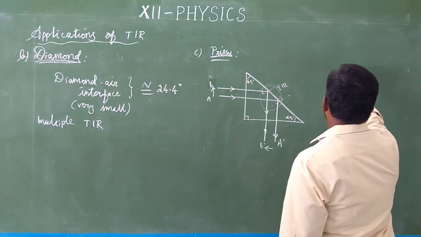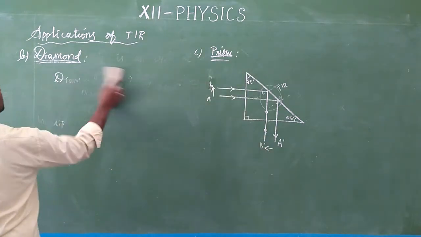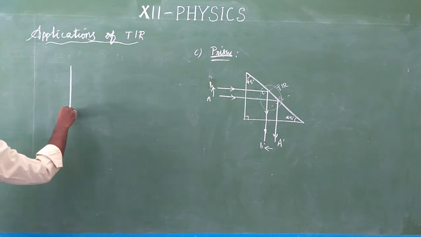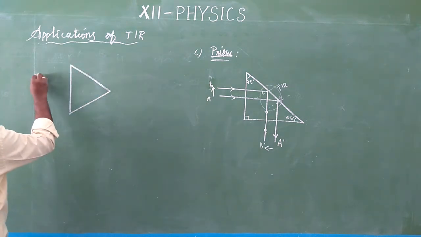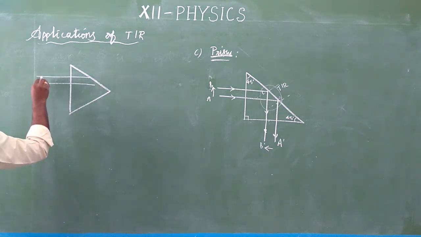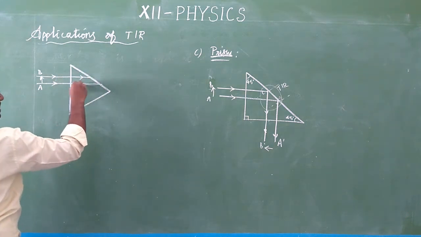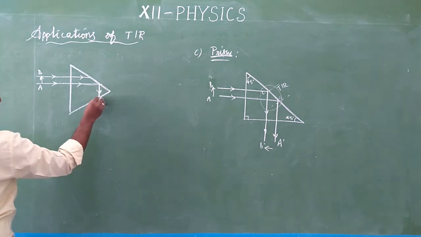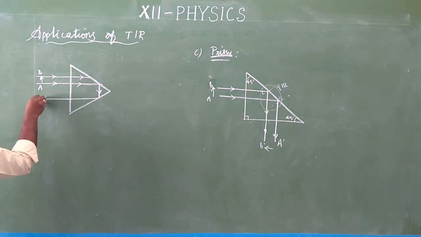Similarly, in another one, the triangular glass prism, how does it take place? In a triangular glass prism, look at that. These are triangular glass prisms. From the object, AB is an object. So two rays started. After incidence, internally it gets reflected. So this is for the ray A, and again it undergoes another reflection, and it comes out.